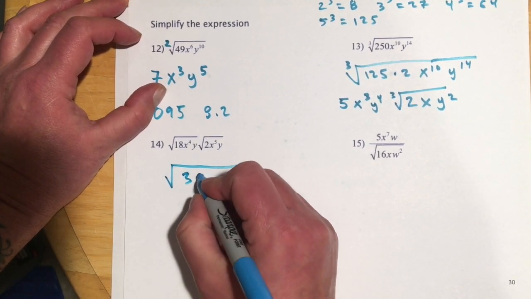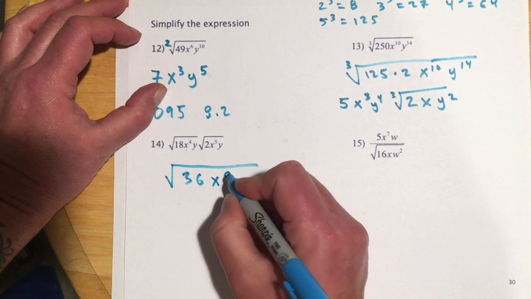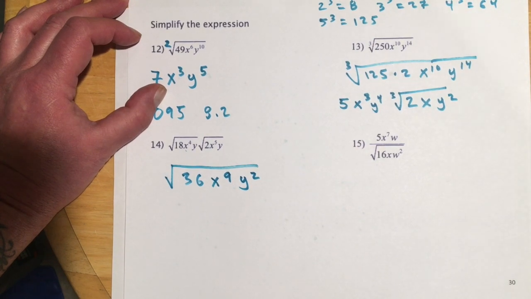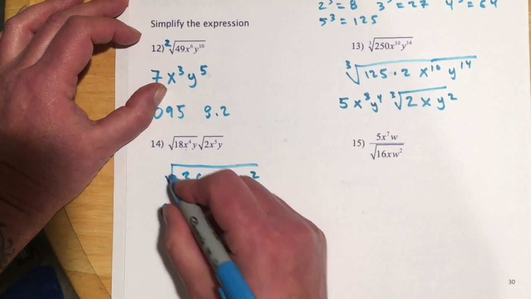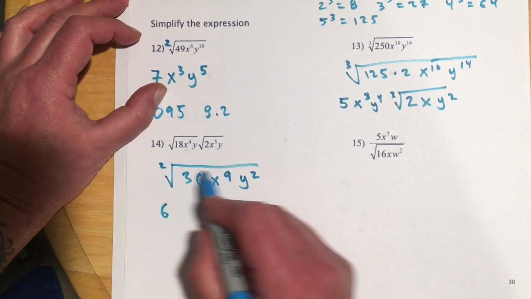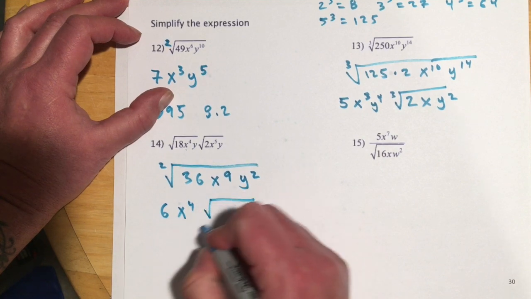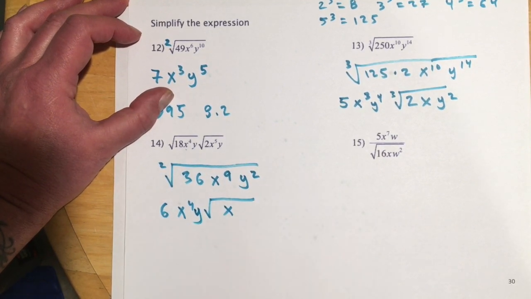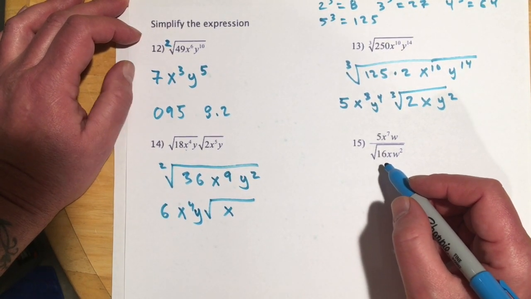So that'll make 36 x to the 4, x to the 5th. So we're adding, so that'll be x to the 9th, and y makes y squared. And now we'll simplify. So square root 36 is 6. Again, we'll think of the little 2. 2 goes into 9 4 times with 1 left over. And 2 goes into 2 once, so I should have left myself room for a y there. And then this last one